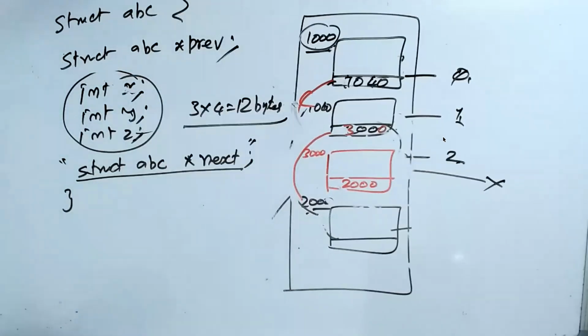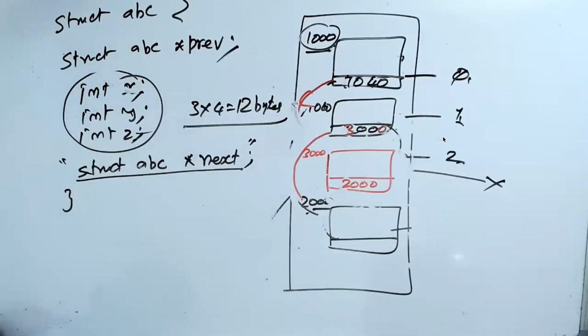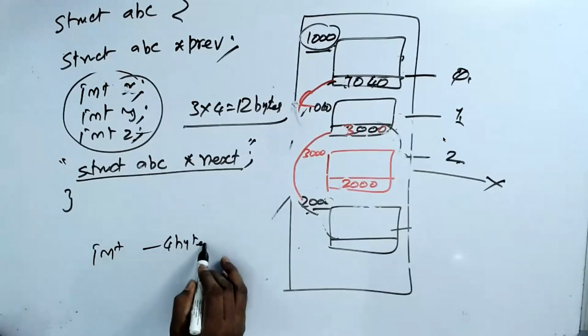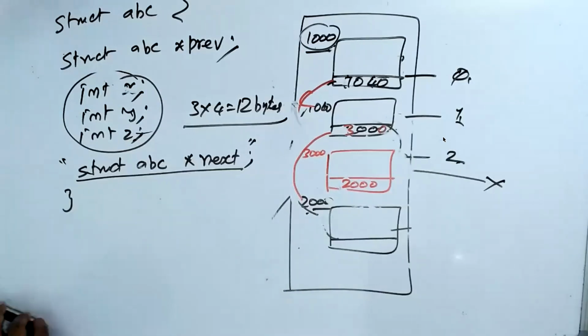You understand now? So every element will know who is before me and who is behind me. Nowadays int means 4 bytes. We assume that int means 4 bytes. Okay. That's why, avoiding the confusion,